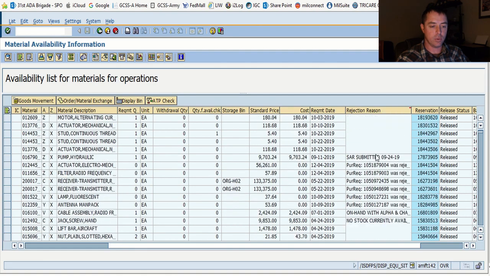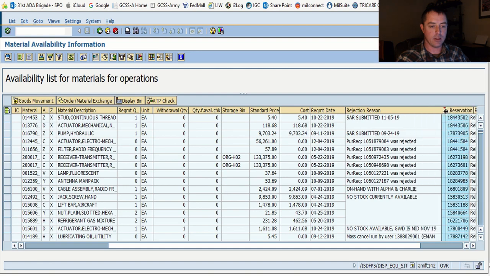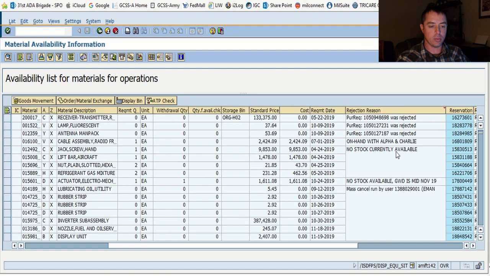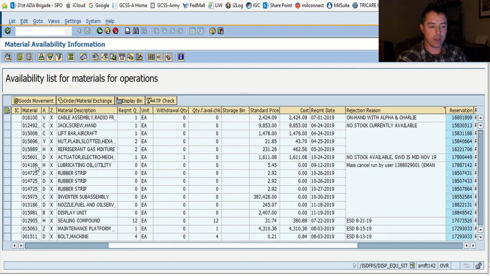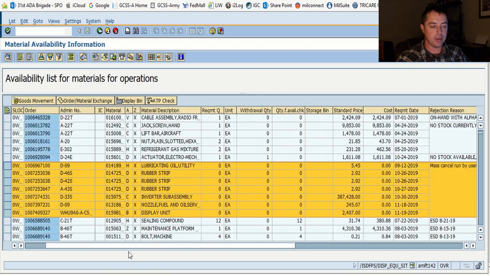This doesn't necessarily mean that it was rejected. What you're looking for are things like this: purchase requisition rejected. Sometimes it will show you who rejected it and why, or you can reach out to them and ask why. In other cases, not so much. Like right here, and these were all canceled. These were all canceled by the same person. And then what you can see is the concern that I had with this when I first found out about it, but more as I dig into it and find ways for you to verify it,